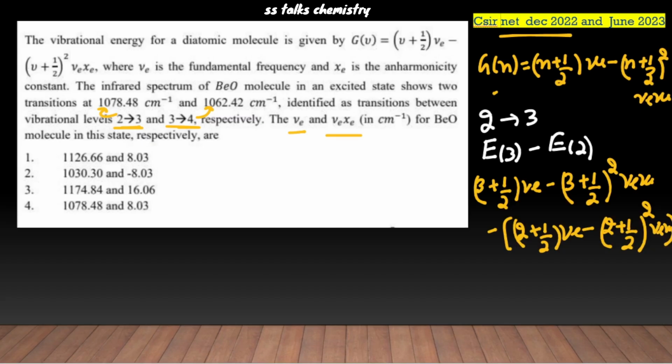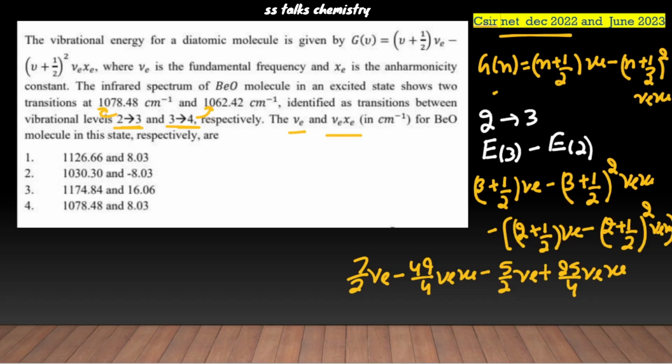So this becomes 7 by 2 nu e minus 49 by 4 nu e xe minus 5 by 2 nu e plus 25 by 4 nu e xe. So 7 by 2 minus 5 by 2 nu e will become nu e, and minus 49 plus 25